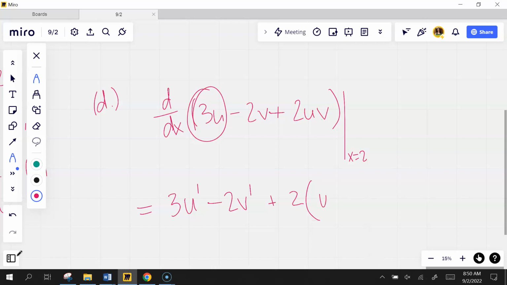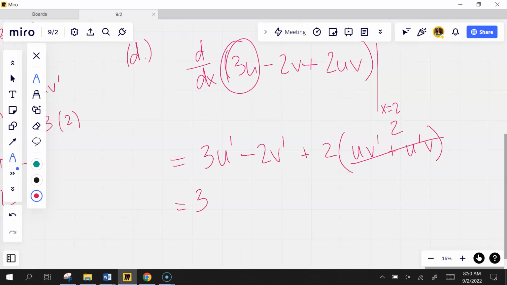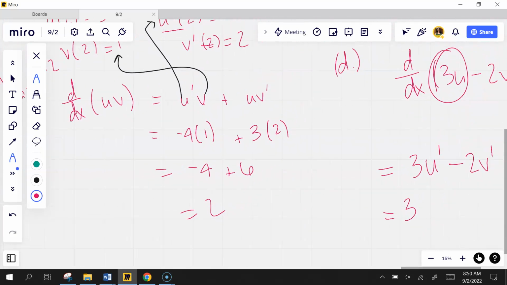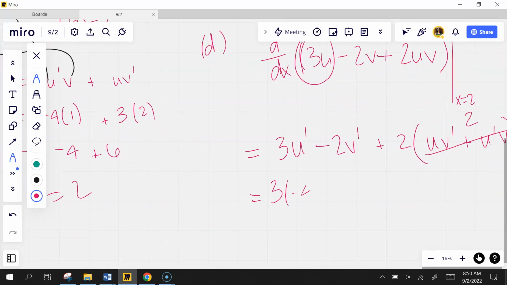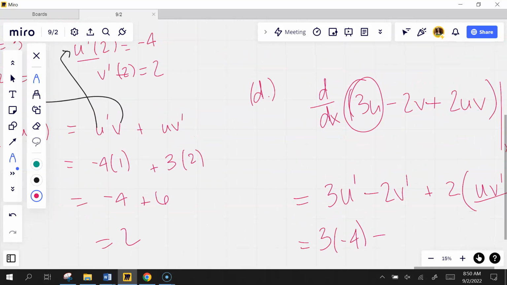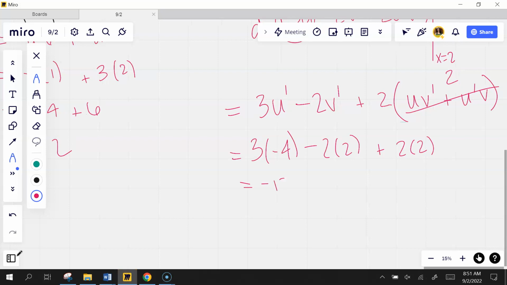Henry says that we know that u times v prime plus u prime v, or whichever order you do it in, is actually equal to 2 because we just did it in part A. That's what we did in part A, u times v, and we got 2. And now u prime at 2 is negative 4, and v prime at 2 is 2. So I get negative 12 minus 4 plus 4, which is